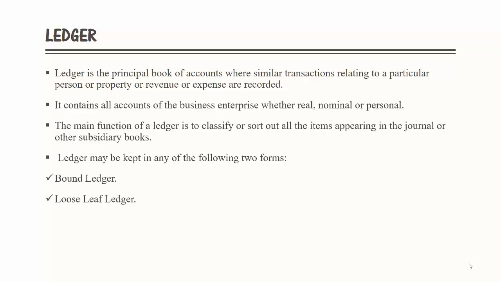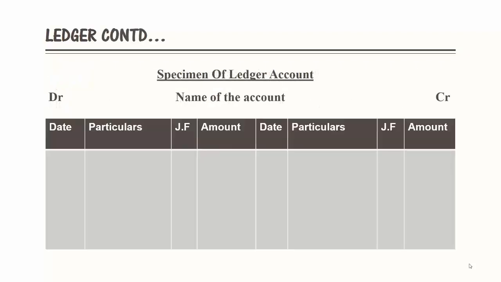So now I will show you the specimen of a ledger account. This is a format of a ledger account. The ledger account is divided into two sides. The left hand side is known as the debit side while the right hand side is known as the credit side, and the abbreviations DR, that is debit, and CR, that is credit, are placed at the top of the left hand side and the right hand side corners respectively, and the name of the account is written in the top middle of the account, and here JF denotes journal folio or the page number on which its journal entry